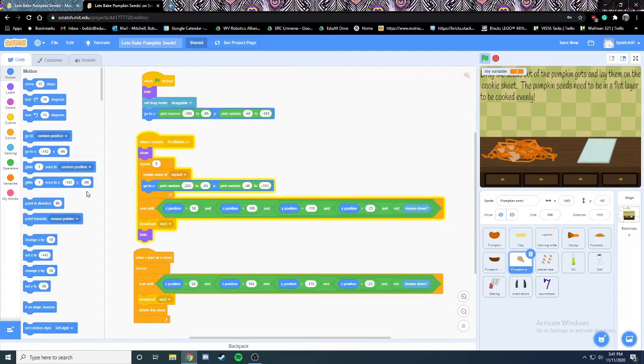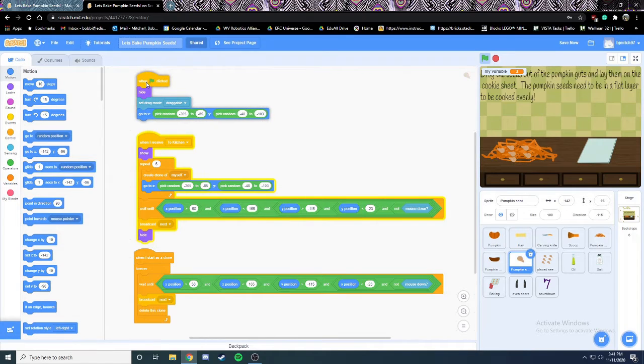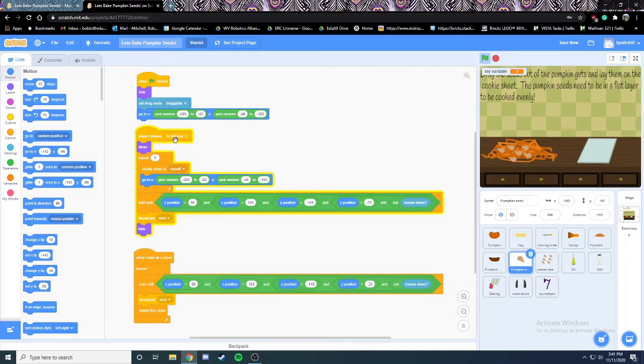If we look at our costumes, it's just one singular pumpkin seed, but we have quite a few here. So how do we go about doing that? Well, as you can see from our flag, when we hit this flag, we will hide. We make it so that this is draggable to the player, and we go to a random position between these parameters. So that's one seed, but when I receive kitchen, we show the seed, and then we create clones